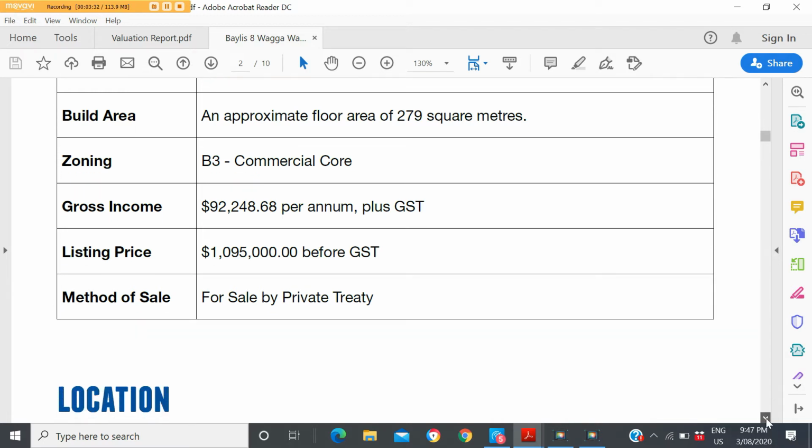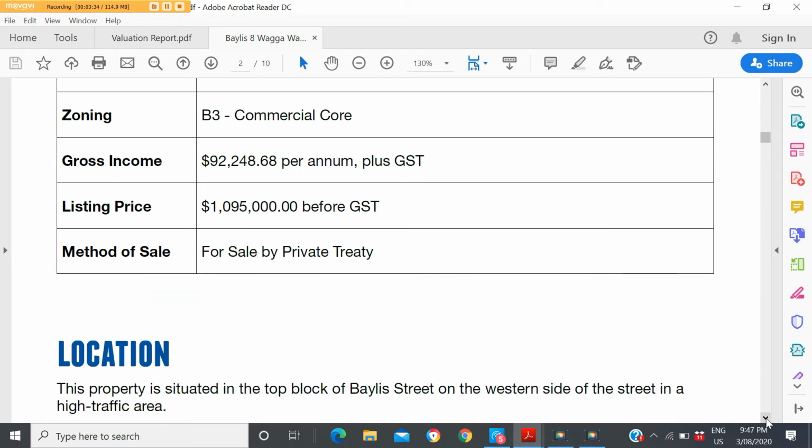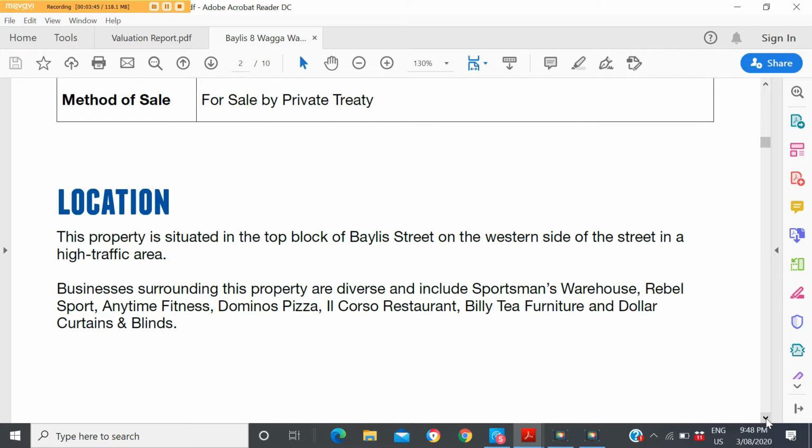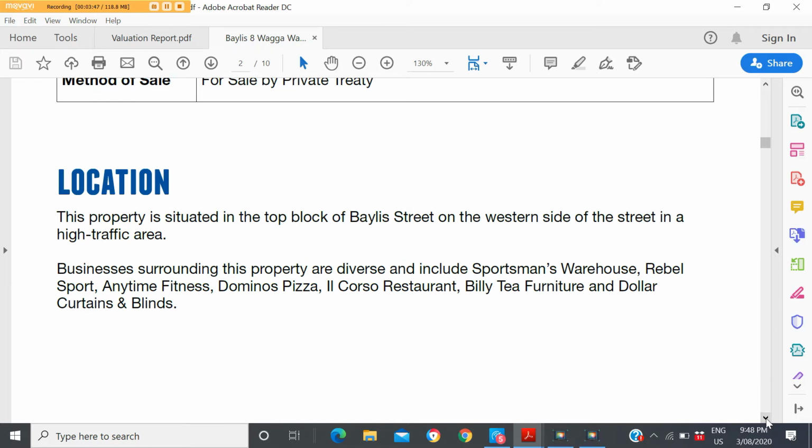So that's how you would go through the information memorandum to understand the basic elements of the property. Now this property talks about the location. The location of the property is in Bayliss Street on the western side in a high traffic area. If you look on Google Maps, you can find out where Bayliss Street is. And if you want to Google this area and see where it is located,